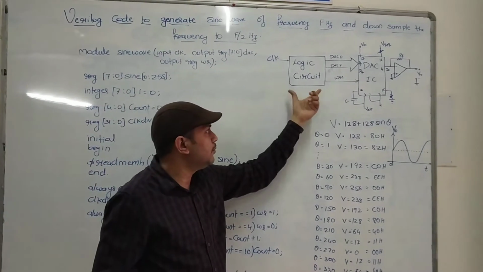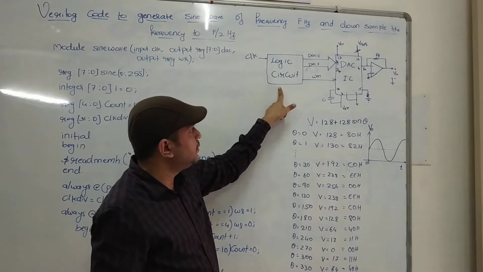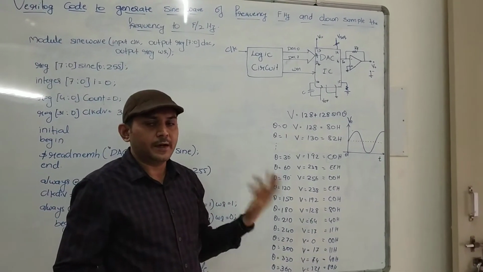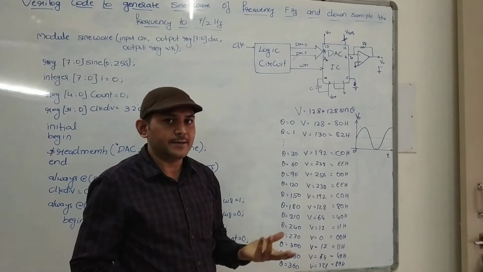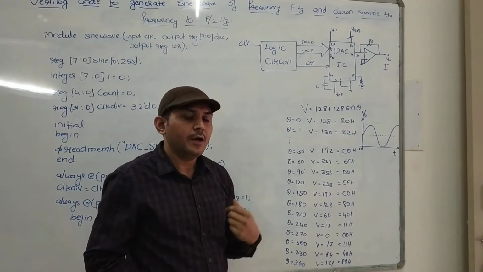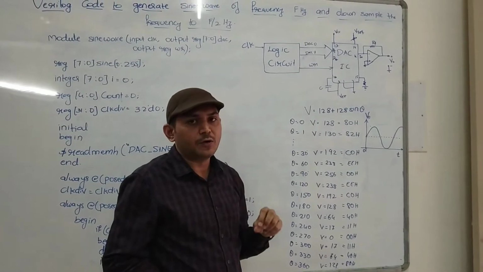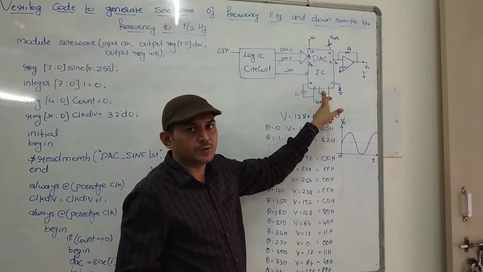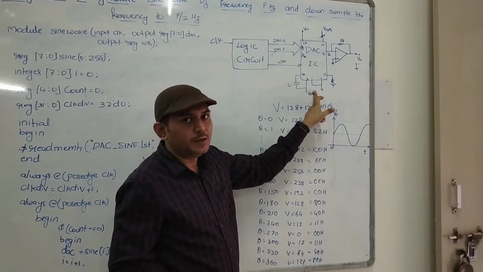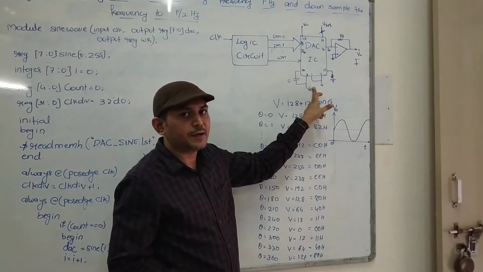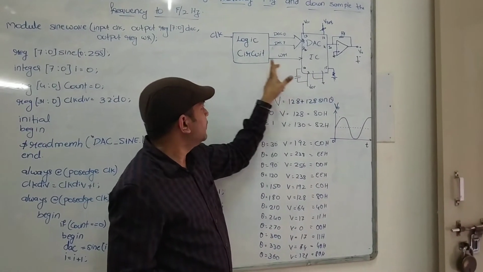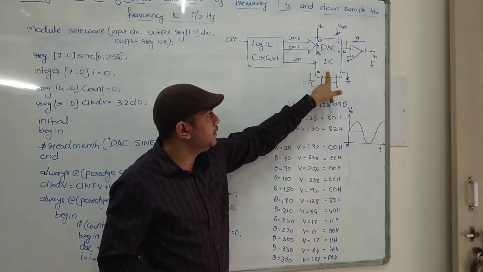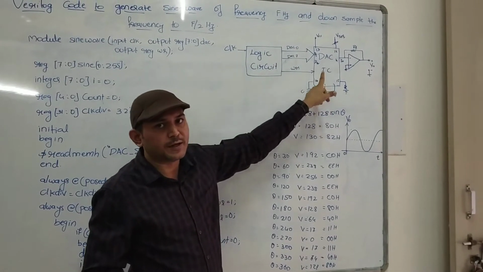So we have to write a program to generate this logic circuit, which in turn controls the DAC. I told you that we are writing a program to control the DAC IC. In order to generate the sine wave, I take the help of the digital to analog converter. Here the digital to analog converter, as you can see, is an integrated chip. It is a 16-pin IC, which I will use in order to generate the sine wave. And the program we write will generate this logic circuit, which in turn controls this DAC IC in order to generate the sine wave.